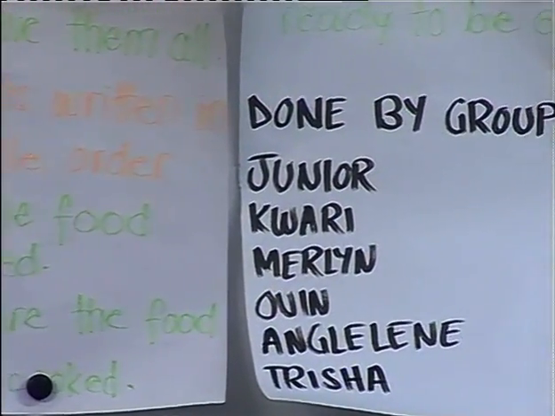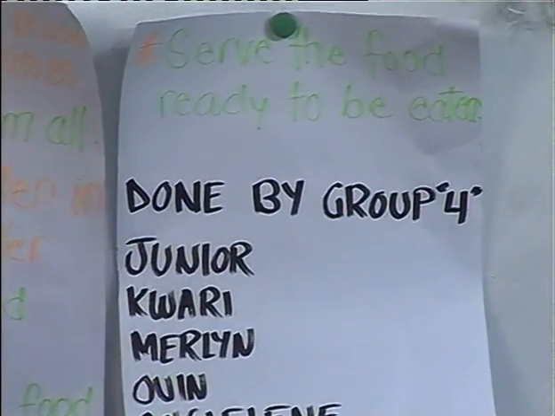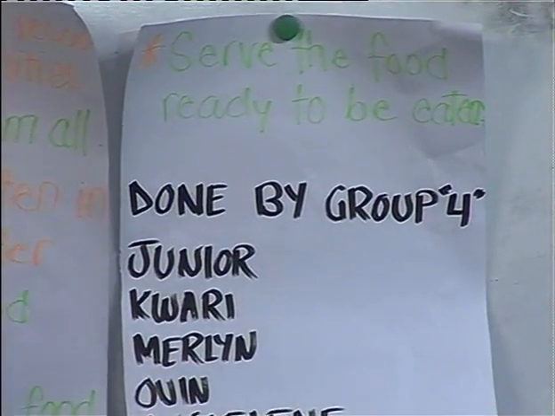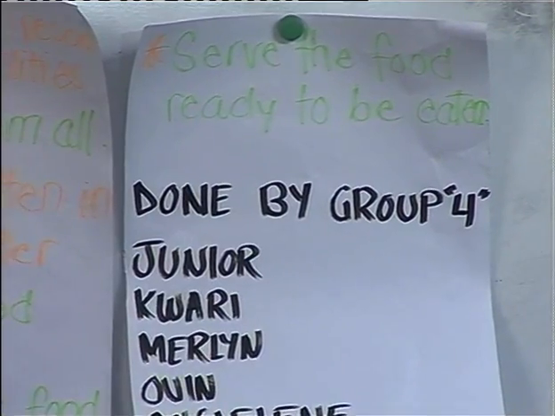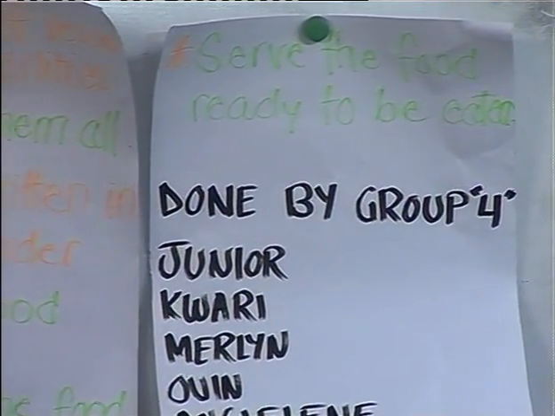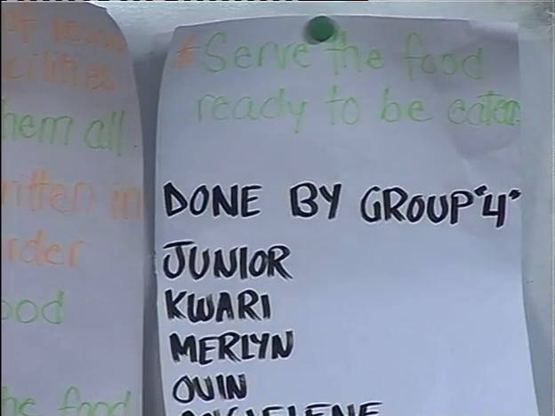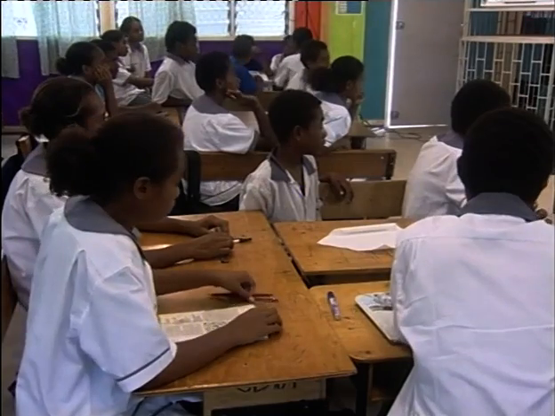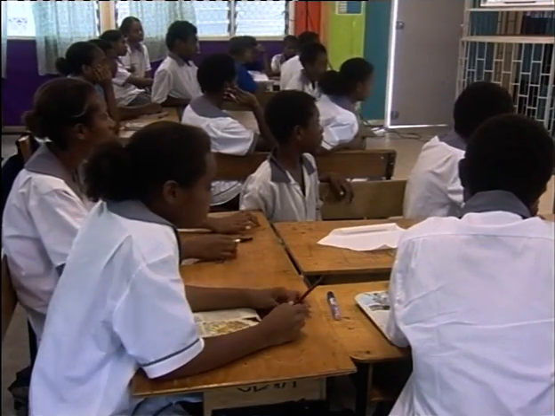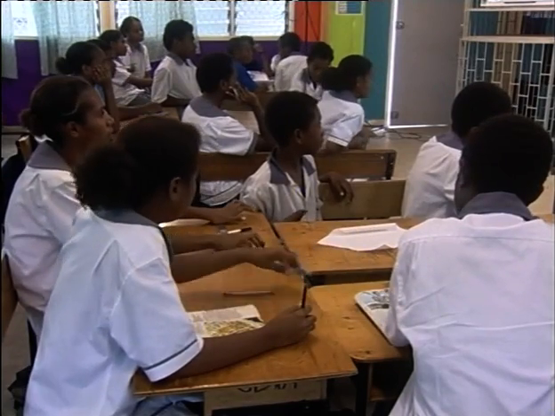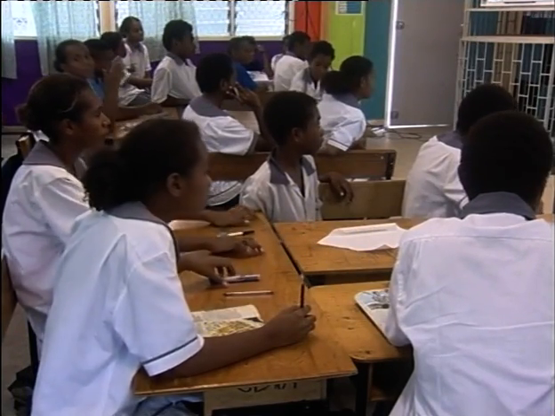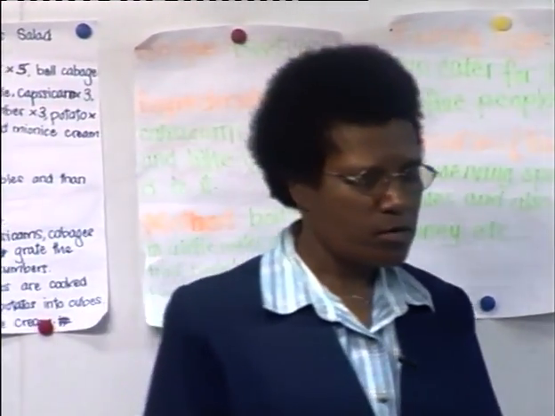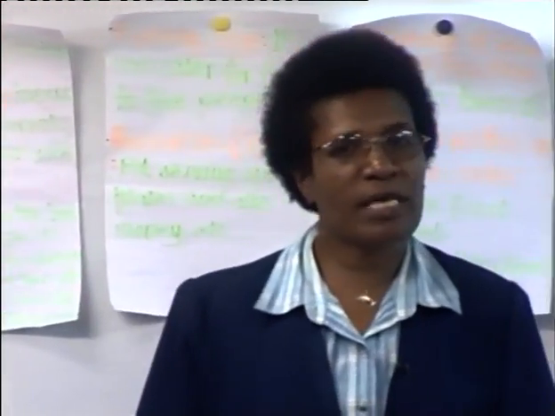So group 4 has actually completed it, especially with the activities written in sensible order. They have written: buy the food needed, prepare the food to be cooked, serve the food ready to be eaten. Okay, now with the others,